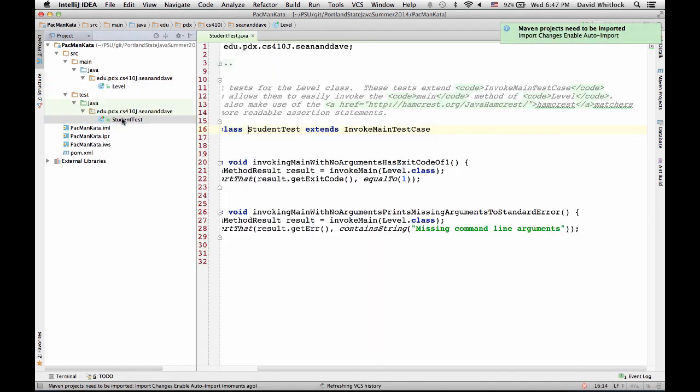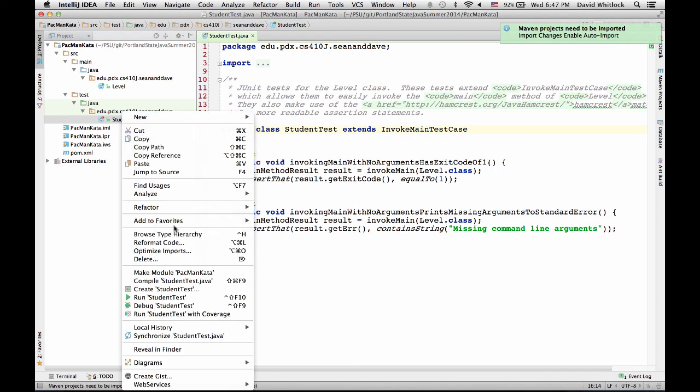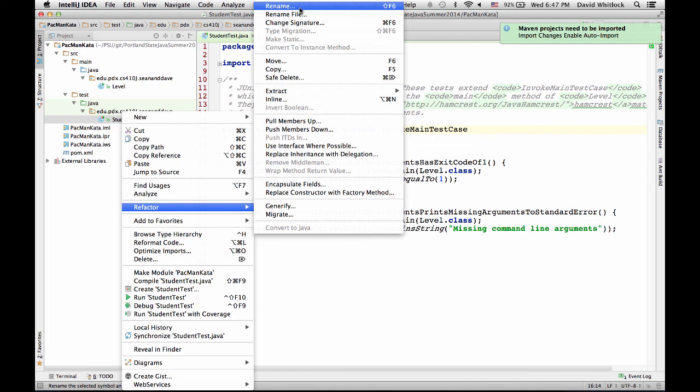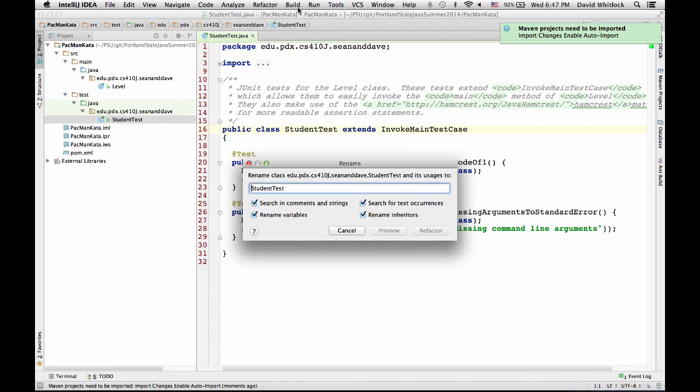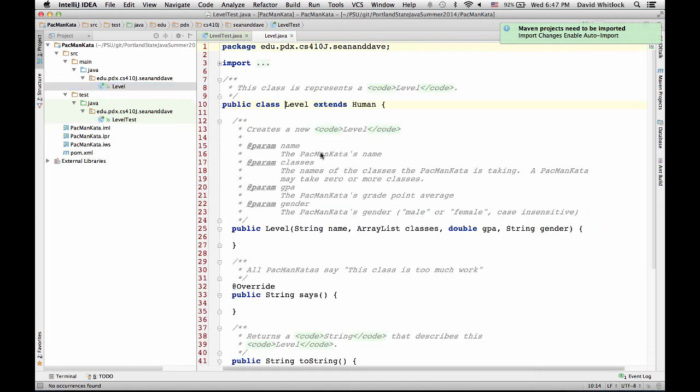Oh, that renamed it. Okay. I'm going to rip out all this code, I'm sure. Yeah, I think so.